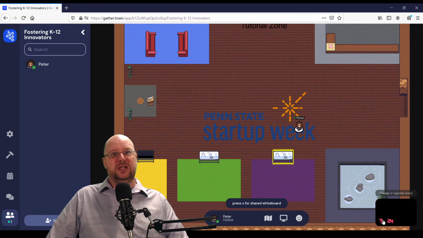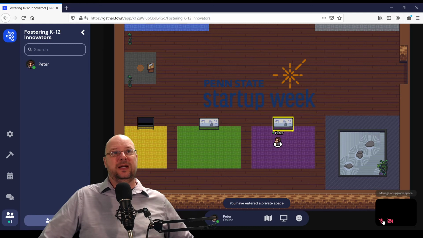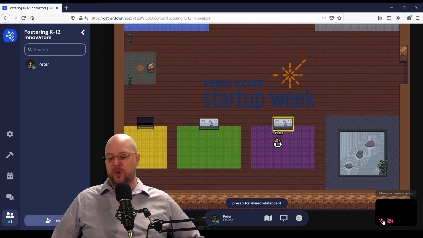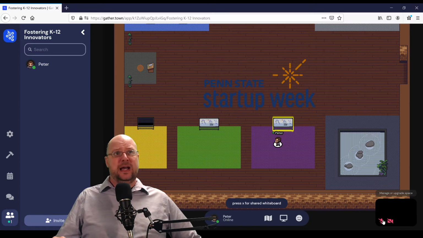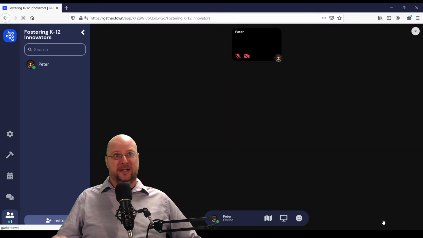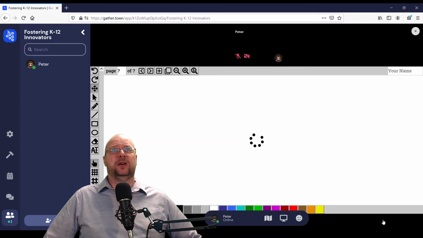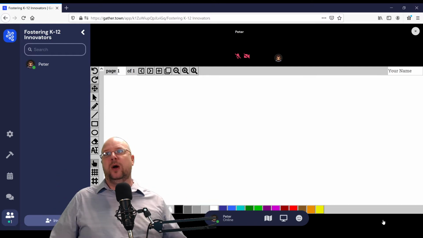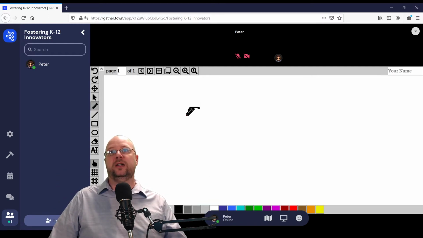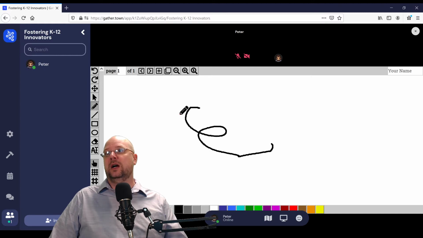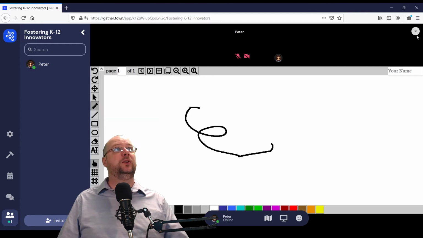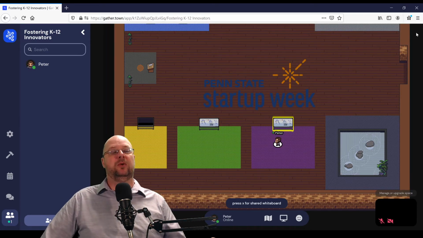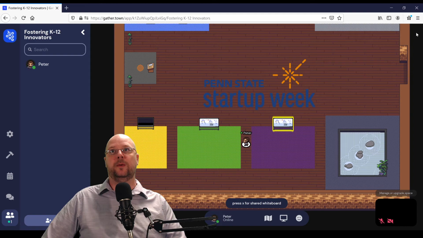Down here at the bottom, you see a purple carpet with a whiteboard. This is actually a whiteboard space. So if you want to collaborate with someone, you enter that space. And as the whiteboard is highlighted, if you hit the X button on your keyboard, you have a whiteboard and you can, as you wish, draw, use text, and create content here on that board. When you're done, you just close out at the top right and you can move on.